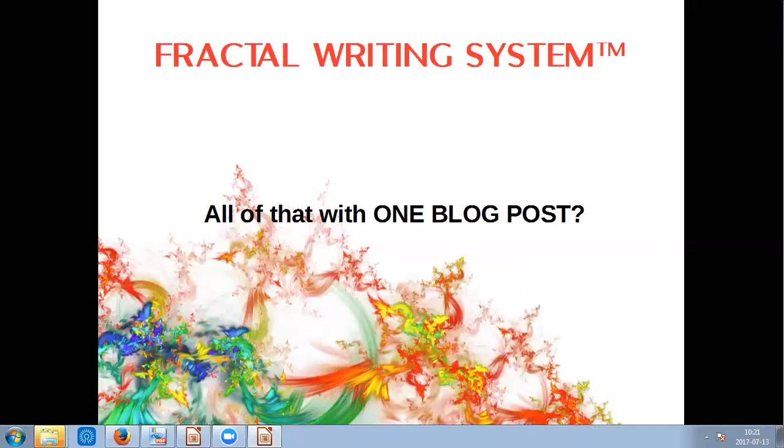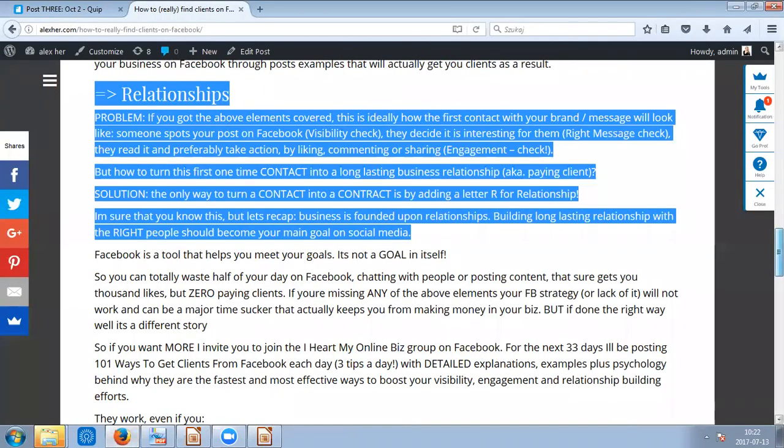So I can give you some other ideas on what you can do with blog posts once you implement that structure that I'm teaching in the fractal writing system. For example,